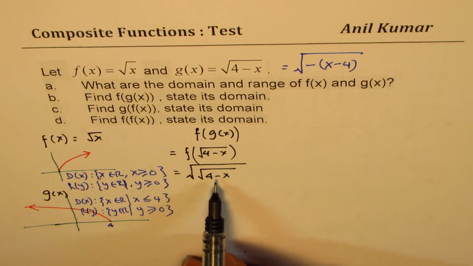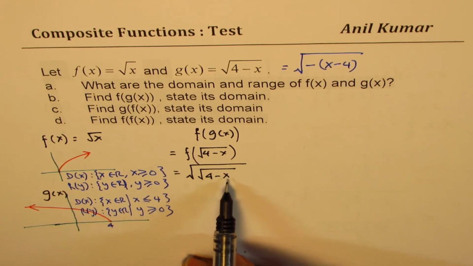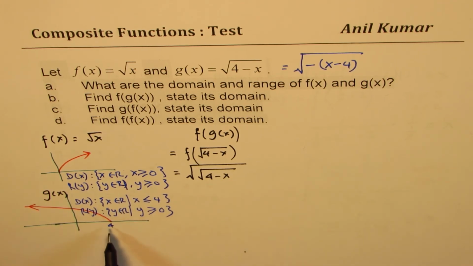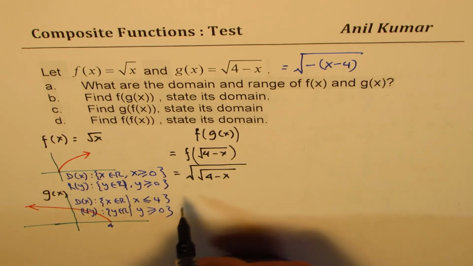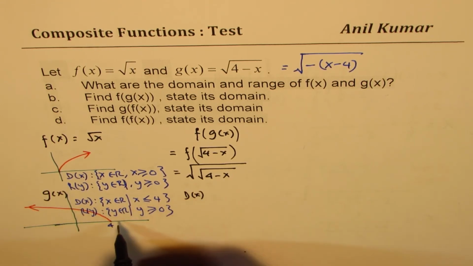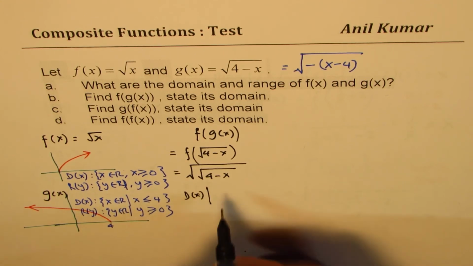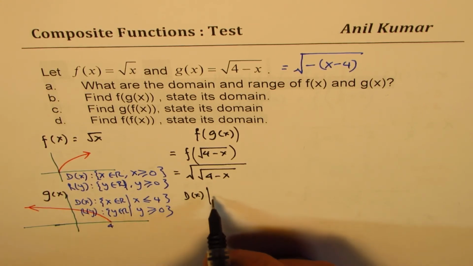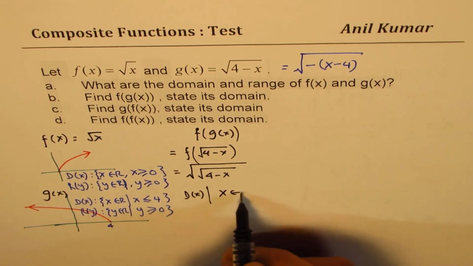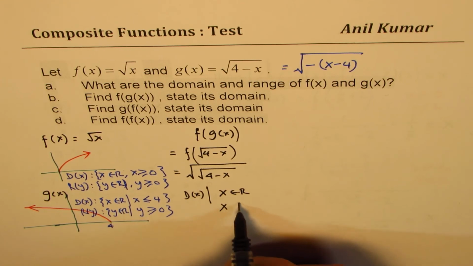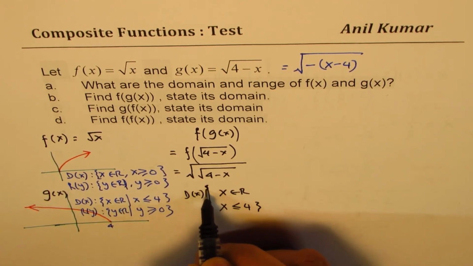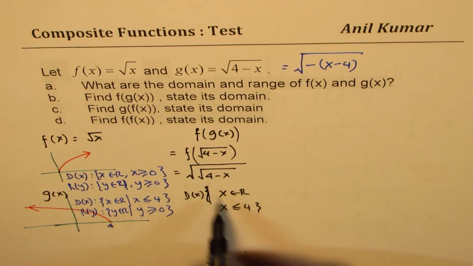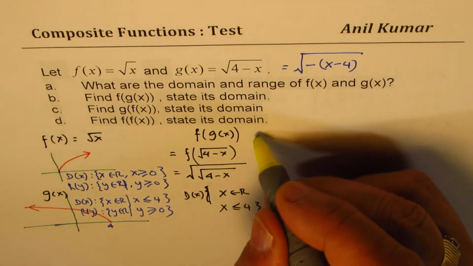And in this particular function, 4 minus x, now you can clearly see that x has to be, that becomes the restriction, the inside function restriction. Is it okay? So in this particular case, the domain is that of g of x, which is that x has to be, so it is x belongs to real numbers where x is less than or equal to 4. Is it okay? So let me write this in curly brackets. So that becomes the domain for this particular function. Is it okay? Now let's do the next part, which is